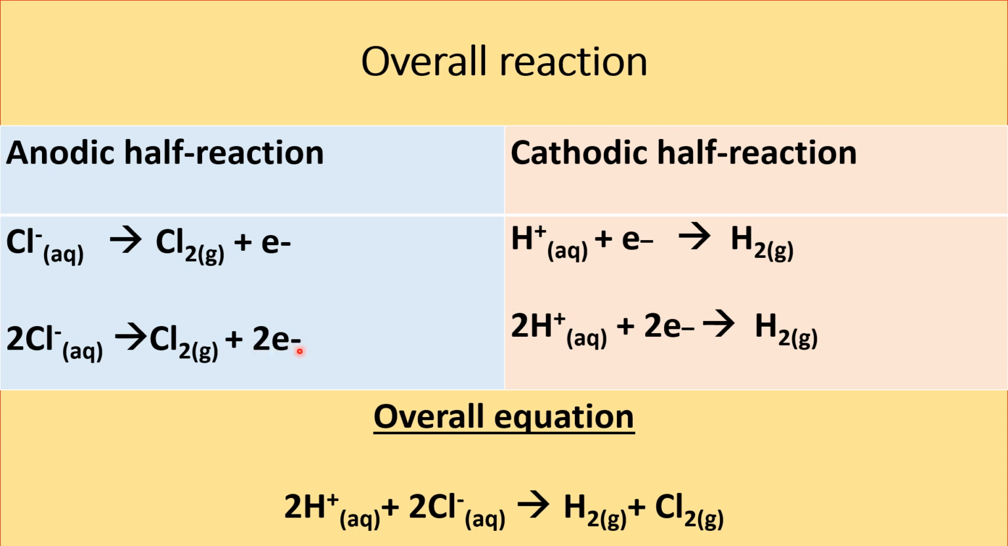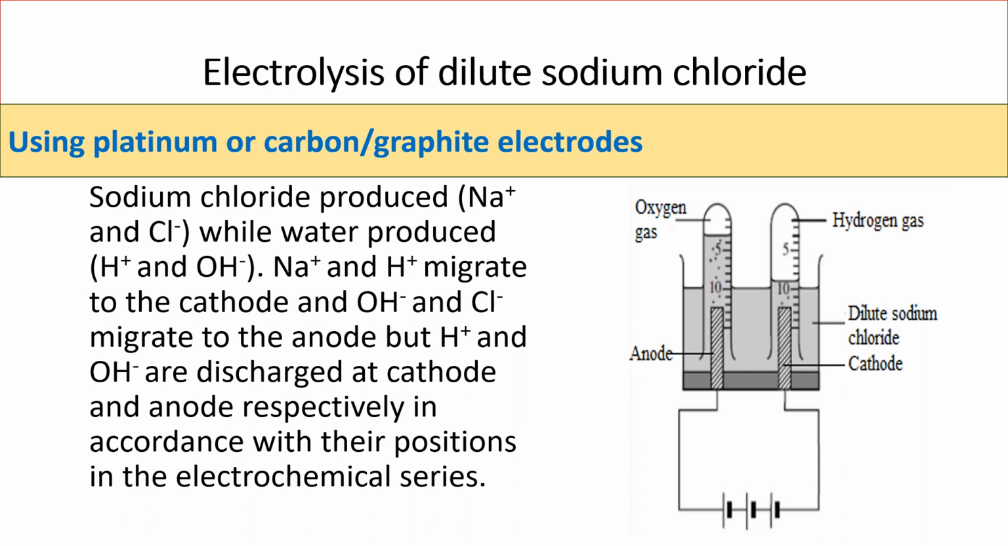So what I need to do is combine the reactants at the cathode and at the anode together, and that's what I have here, and then the products at the cathode and at the anode together, and that is what I also have here. So this is the overall reaction for what happened in the electrolysis of concentrated sodium chloride. Let's move on to electrolysis of dilute sodium chloride using platinum